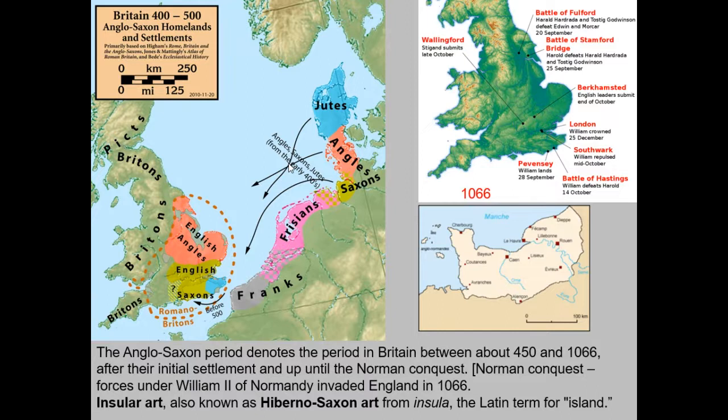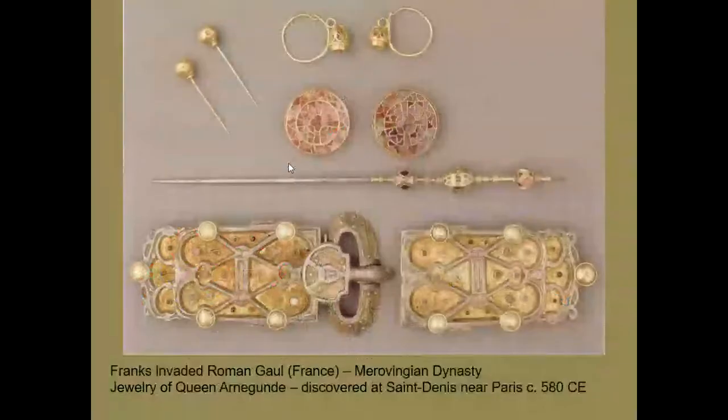We sometimes refer to it as insular art. The word insula is the Latin word for island, so the art of the island becomes very different. So our beginning period here is the look at the work of the migration period on the mainland. This is found in what is today France, what the Romans would have considered Gaul, and this is fairly typical